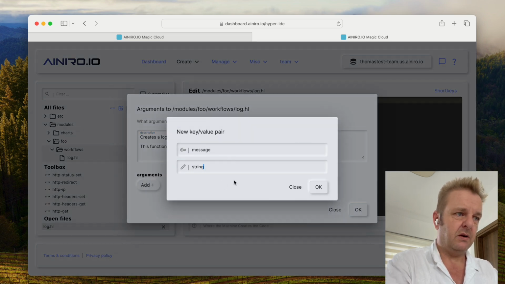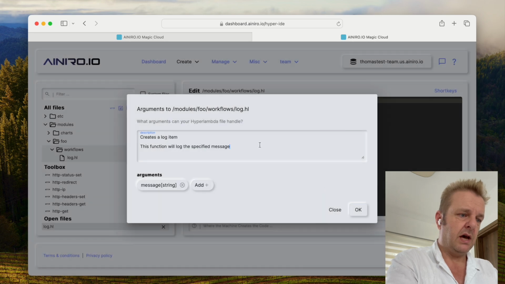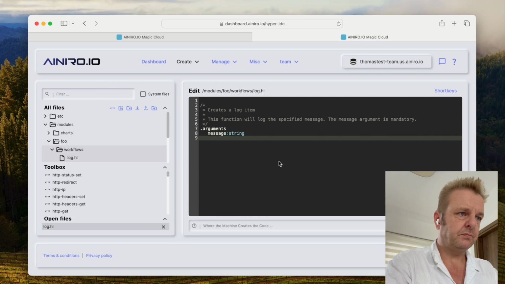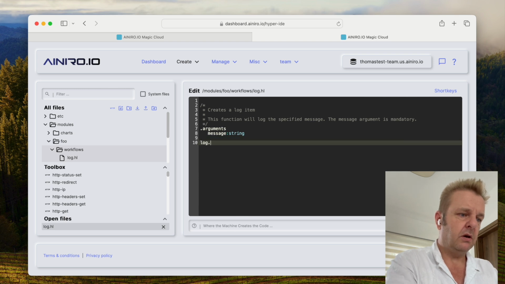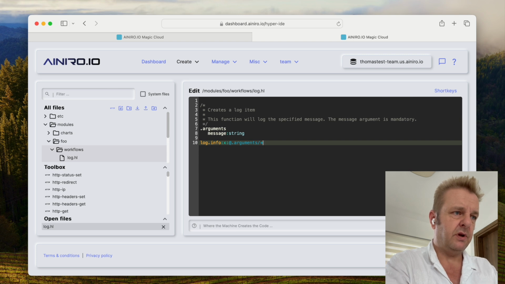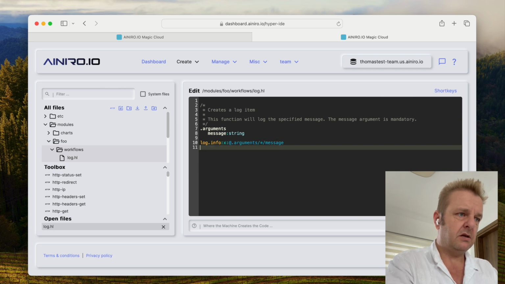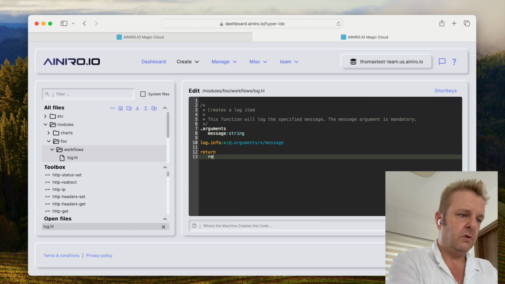Message, value string, and the message argument is mandatory. Now I can write log.info, argument slash asterisk slash message, return result